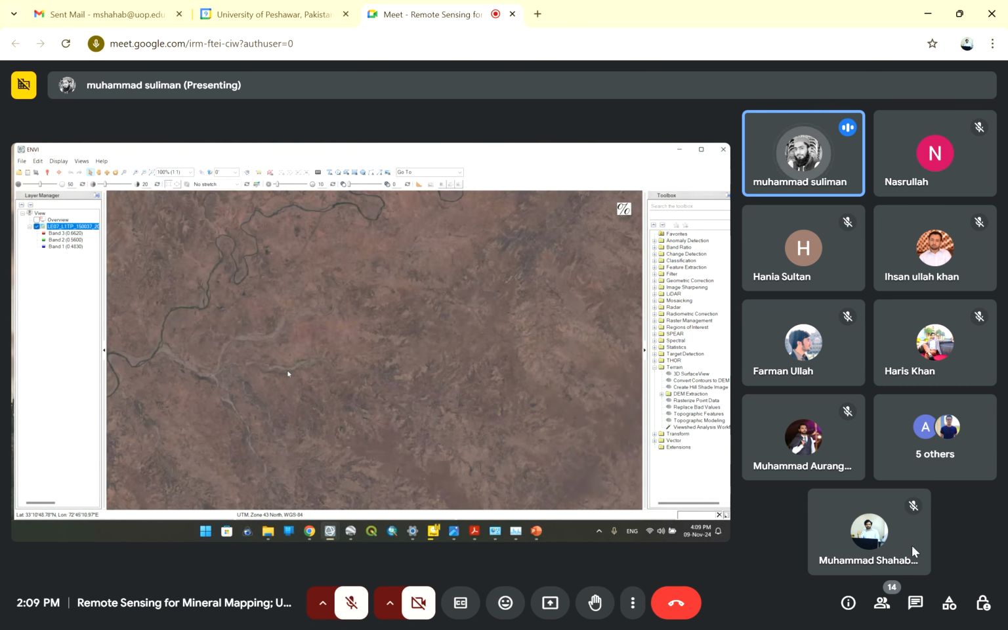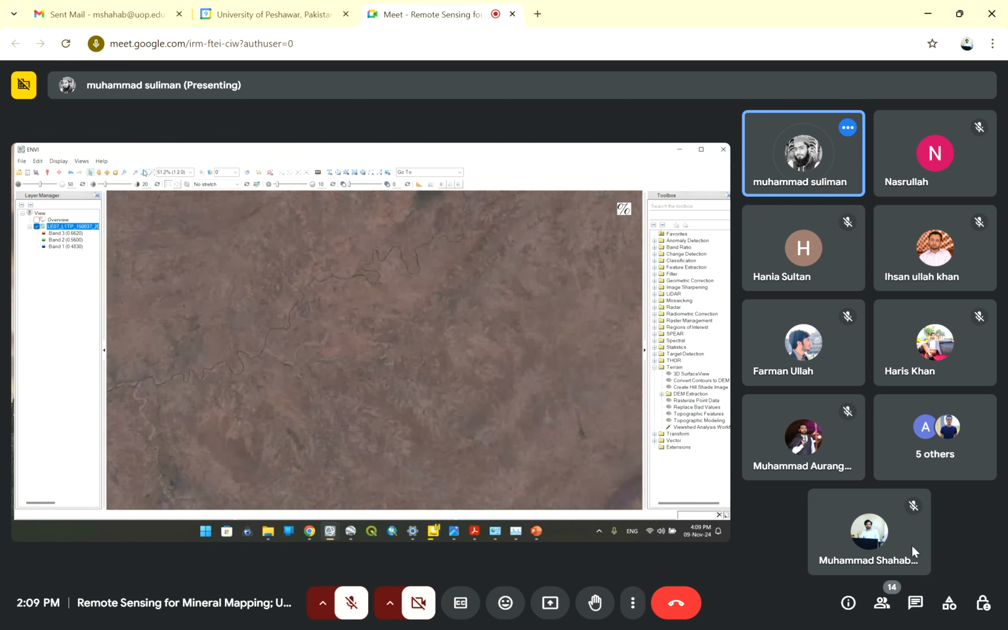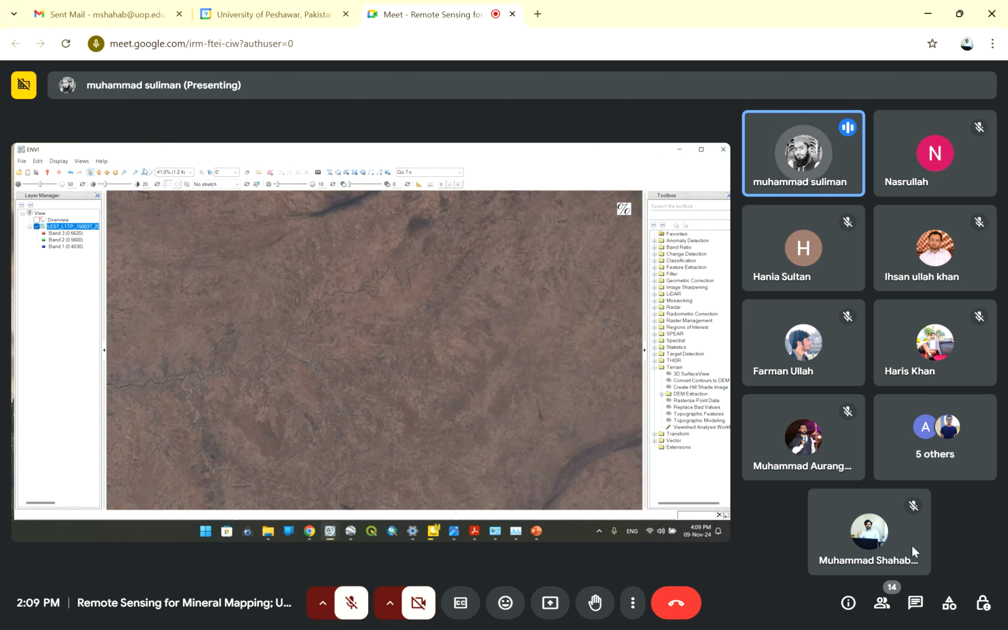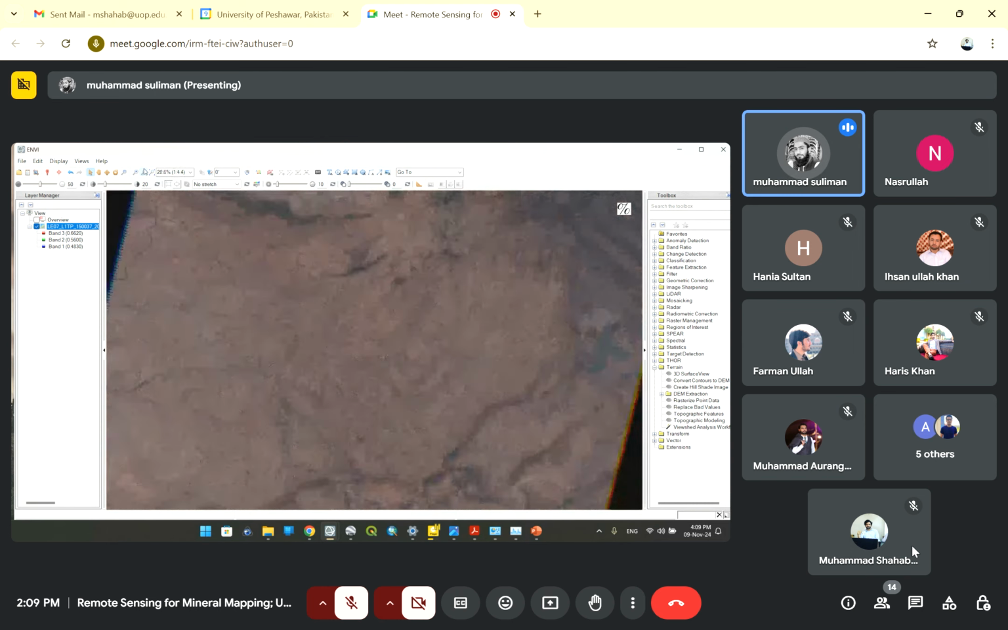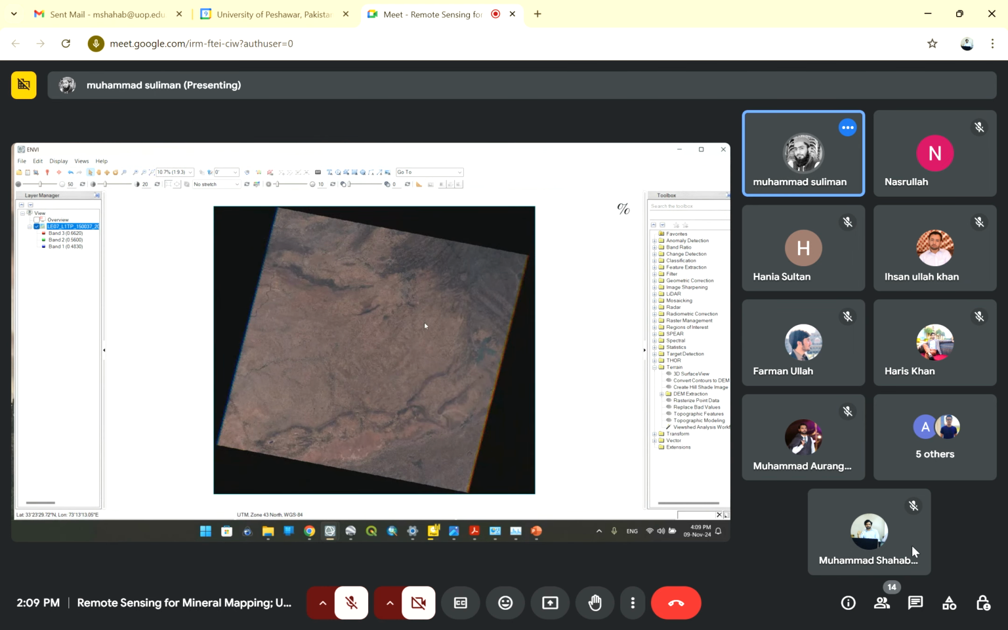So now you can see the imagery there. I zoom out the imagery and show you the extent of the imagery. So this is the overall extent of the imagery, and this image is basically under the region of Kohat, including the Nizampur area. So first of all, the first step needed to process this study is to resize